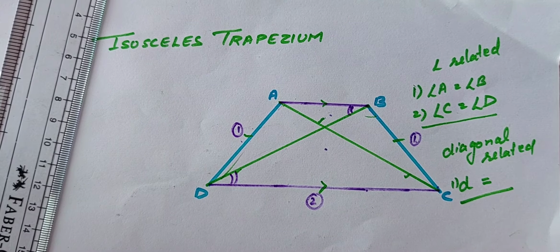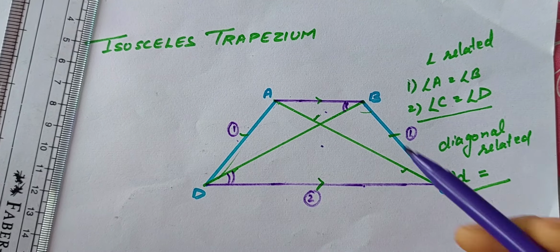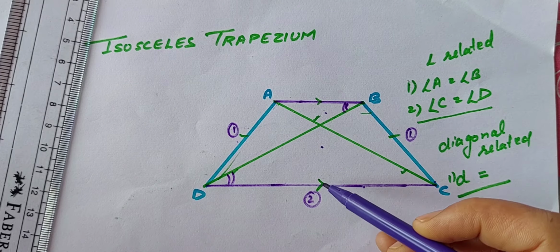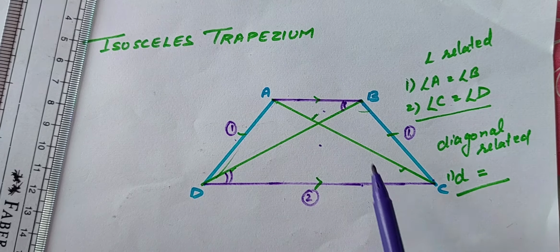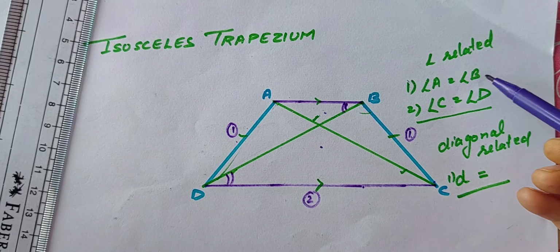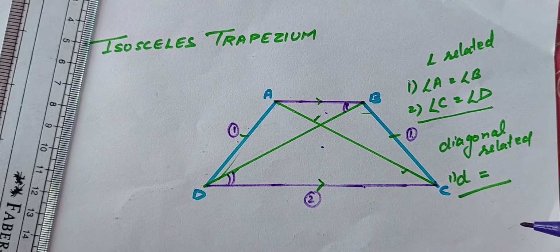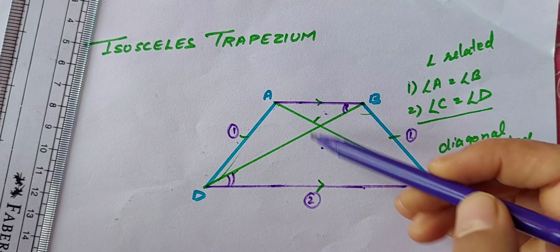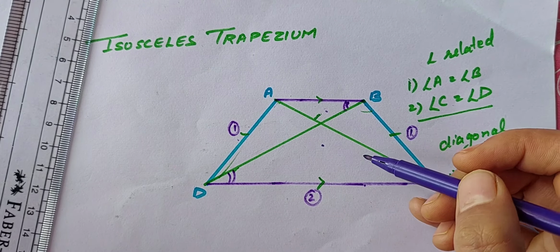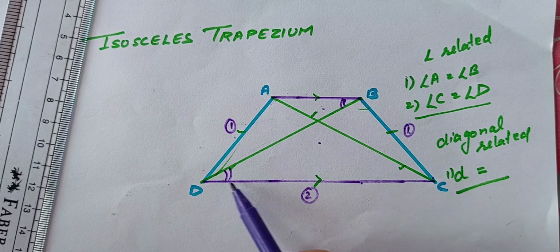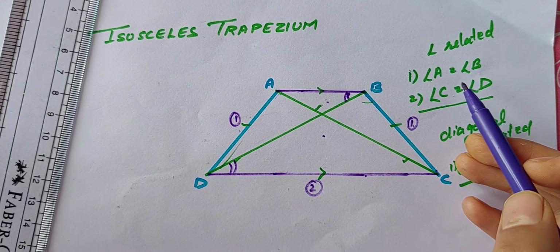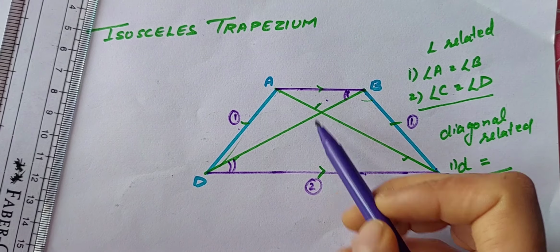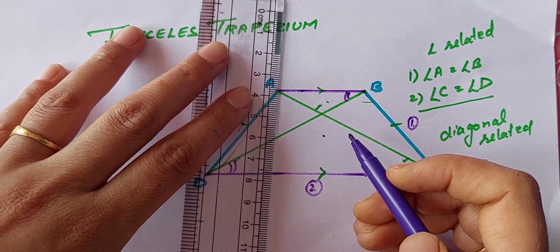So here I want to help you out. I want to make use of this parallelism so that I can actually prove the existing properties. They do exist and we have to prove them. So we're not able to make use of this parallelism. So what am I doing here? You can choose these two triangles or any triangles, but you need to make use of this parallelism. How can you make use of this?